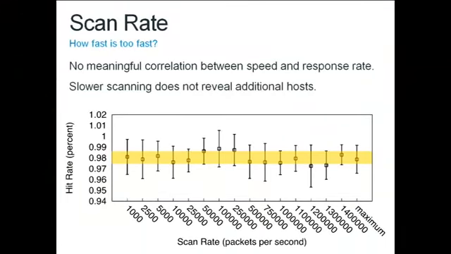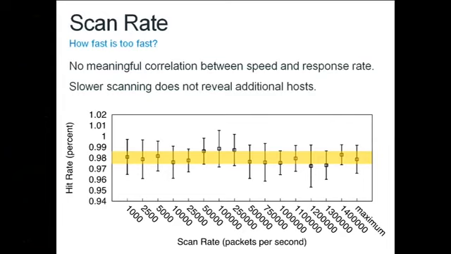This is one experiment we ran where we tried doing scanning. This is, I think, on port 443. Multiple trials of scanning for, I think, 1% samples of the IP address space at different rates of outgoing probe packets. What we're really looking for is how fast is too fast: the point when we start seeing fewer responsive hosts because we're overwhelming the network. Well, in the experiments we did, with a gigabit uplink, up to a gigabit, we were not able on our network to observe any meaningful drop-off.